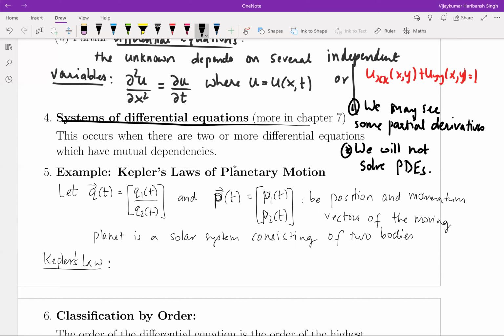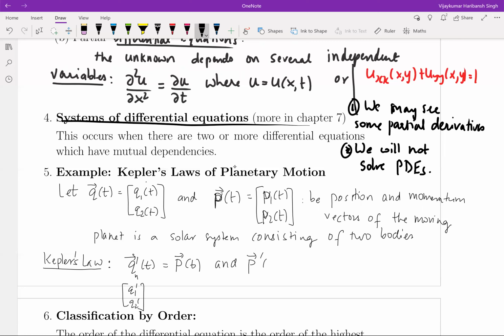So Kepler's law tells us the relation between the position and the momentum. Namely, if you take Q prime of t, which is basically the derivative of this vector, which amounts to taking the derivative of individual components of the vector. So note that this is going to be Q1 prime, Q2 prime, right? So this is equal to P of t, and we have